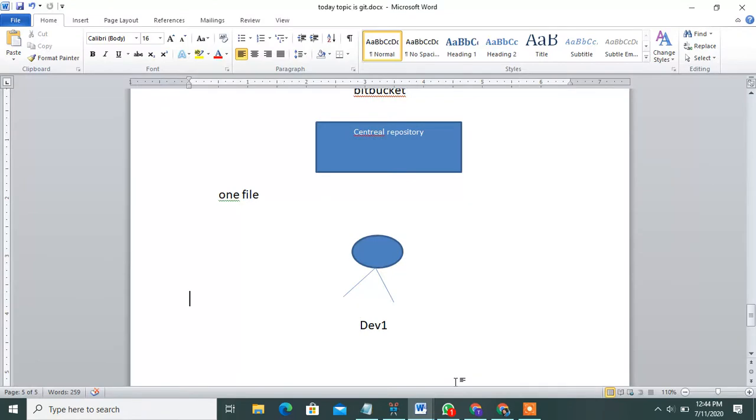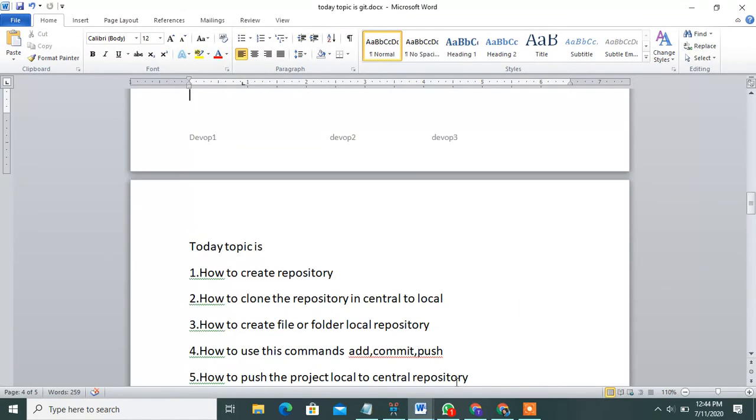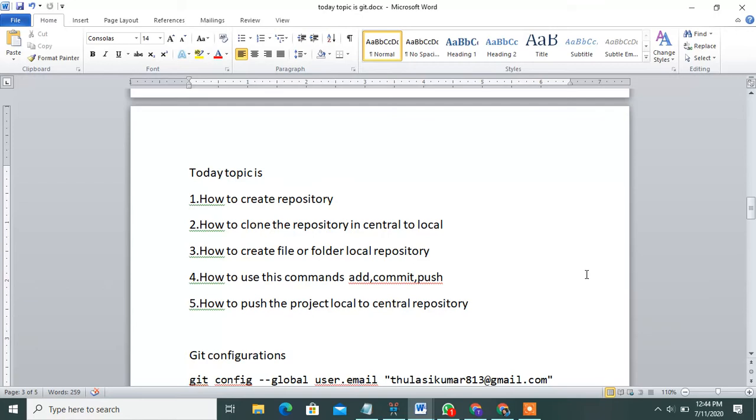Yesterday, we discussed some topics: how to create the repository, how to clone the repository from central to local, how to create a file in the local repository and central repository, how to use the add, commit and push commands, and how to push from local to central.